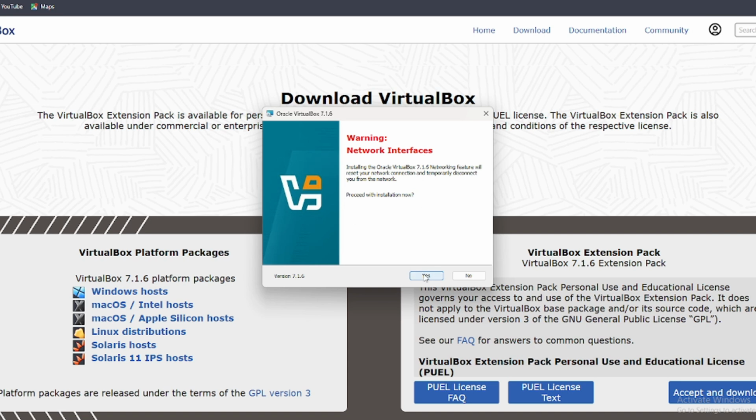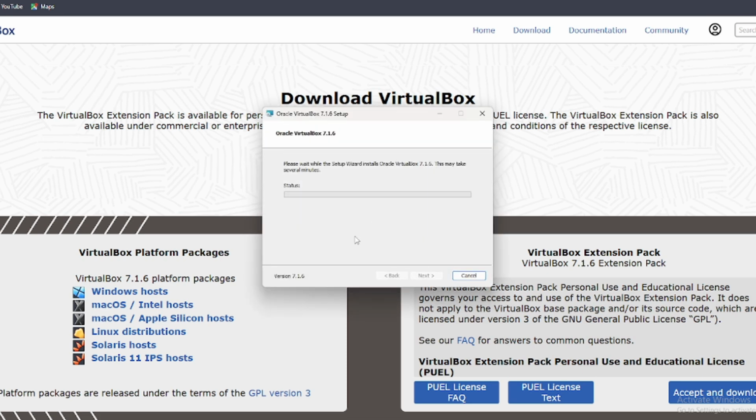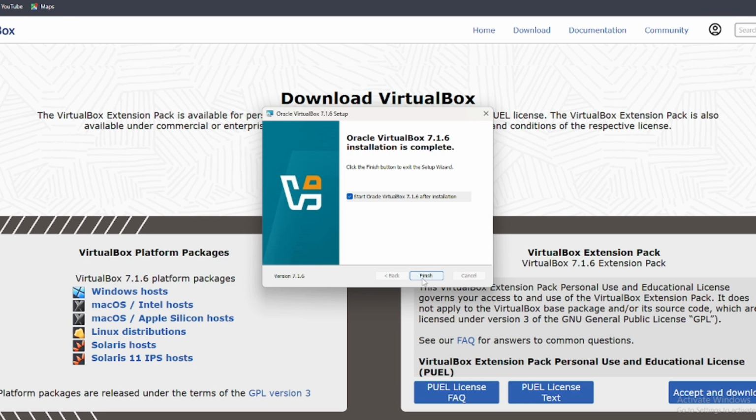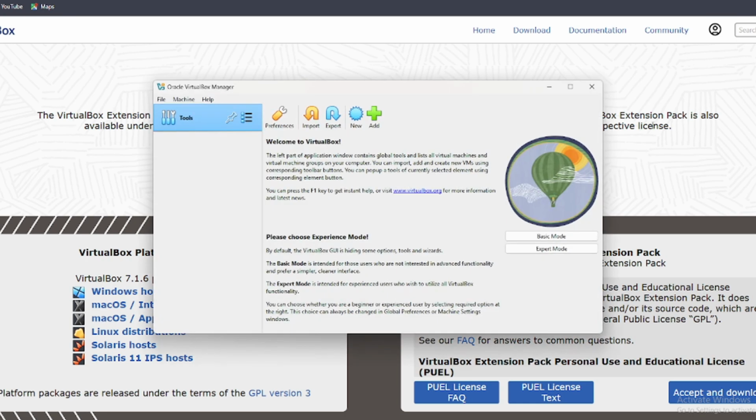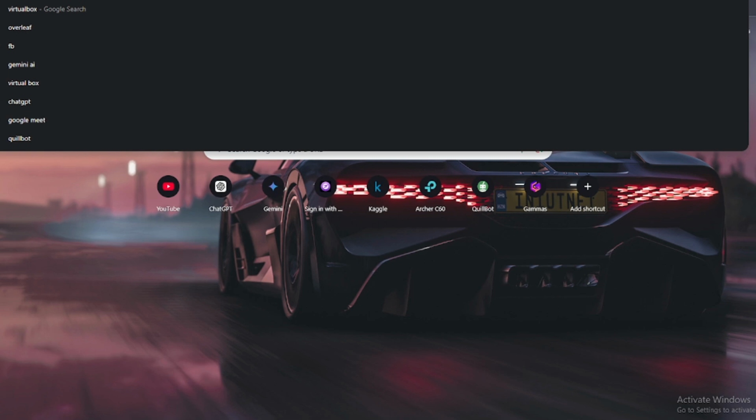and press yes, and it will start installing. Now press finish, and we have our Oracle VirtualBox here. Now we need to install Ubuntu